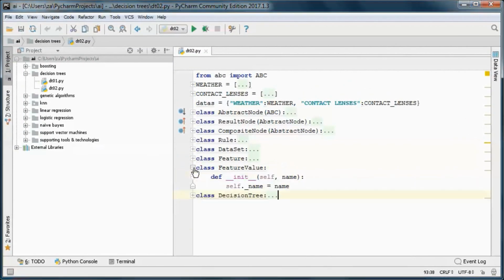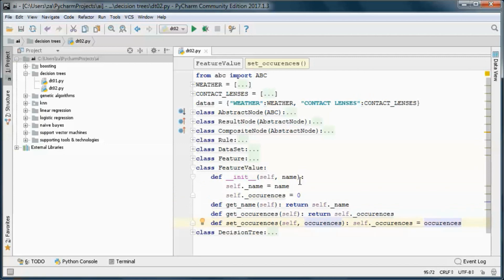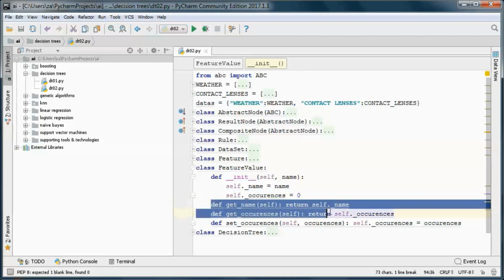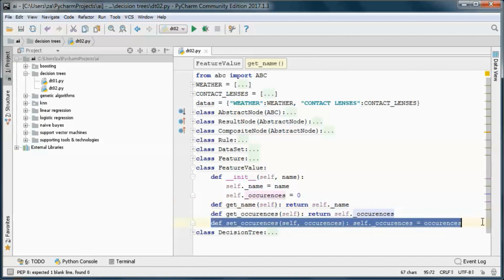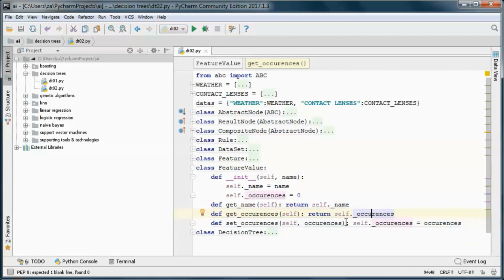and the feature value will have a number of occurrences within the feature, and get methods for both the name and the number of occurrences, and a set method for the number of occurrences.